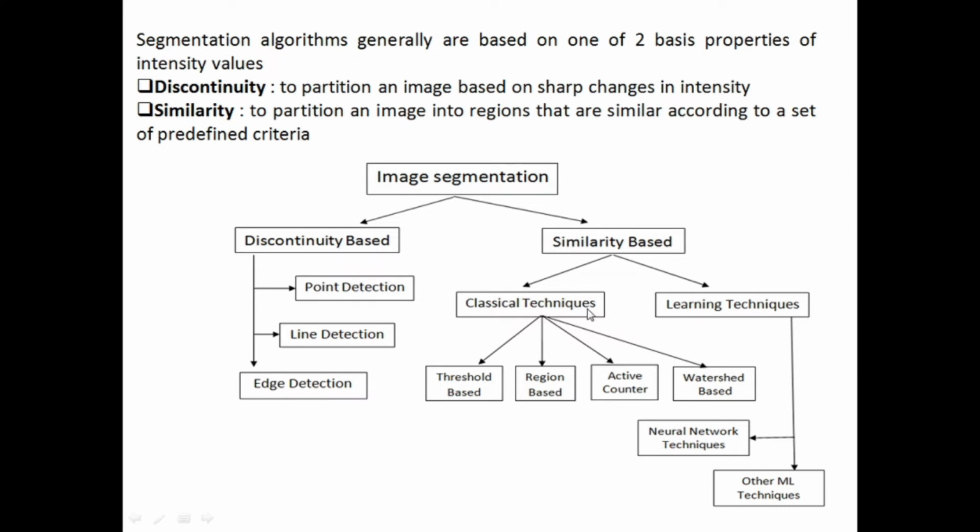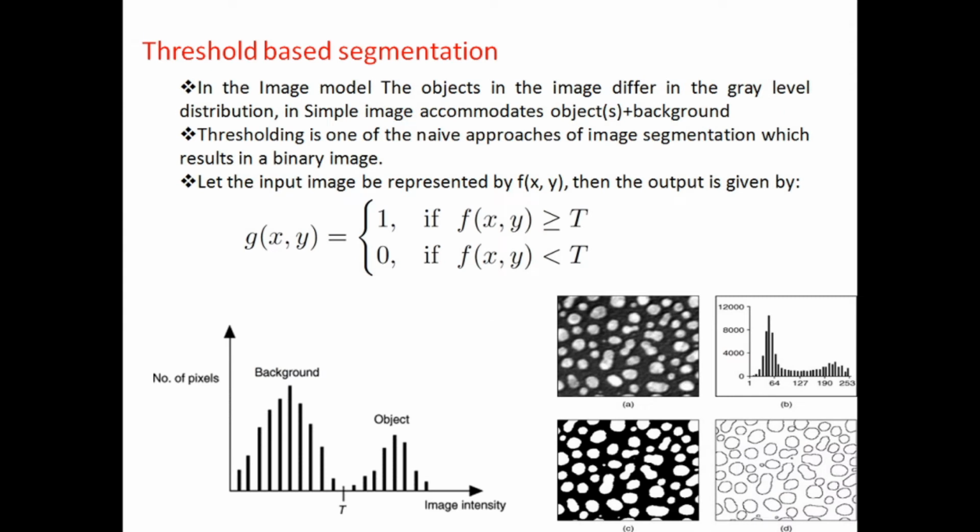In the classical techniques, we have threshold based and region based, that means split and merge and region growing, all of which come under region based segmentation. Next is active contour, that is nothing but snakes, and watershed based algorithms. In the learning techniques, we are going to see neural network techniques and some machine learning techniques which are highly helpful in segmenting the input image. So let us discuss the threshold based